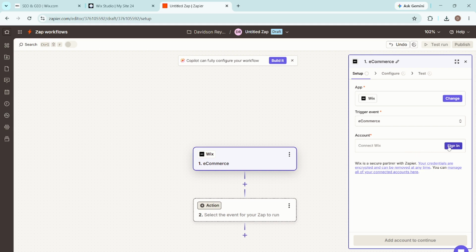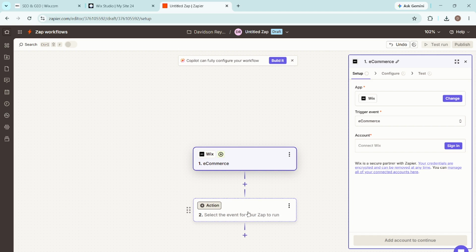Now connect your Wix account. Look for the Connect button or the prompt to authorize access. You may need to approve permissions so Zapier can access the relevant Wix data. Follow the on-screen prompts carefully, and, once connected, return to the Zap setup page. When the connection is successful, Zapier will typically be able to show your available Wix resources, such as your site or items associated with your Wix account. Once the connection is ready,